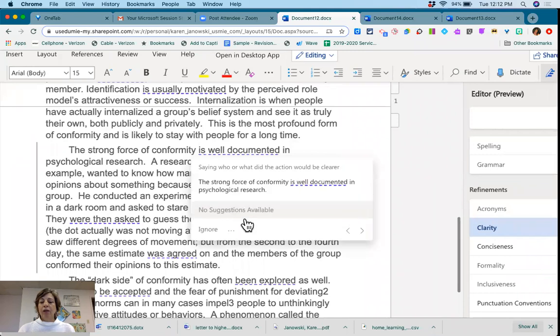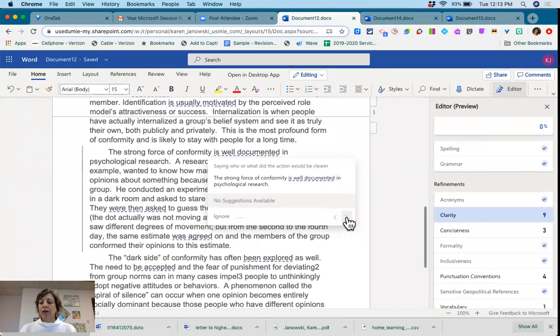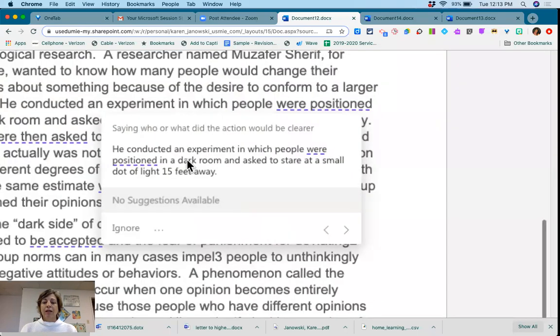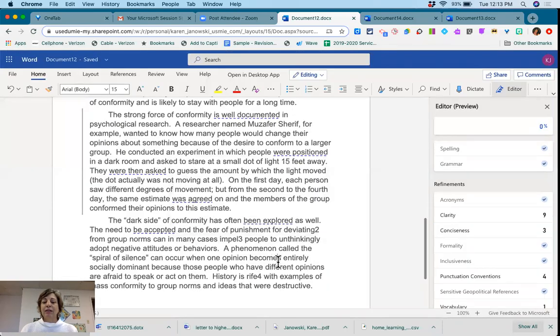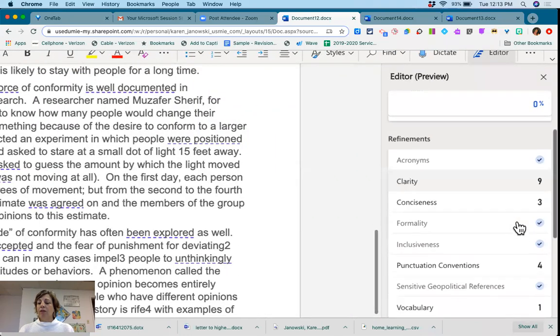If we click on context, it shows the context of something that they are highlighting. The strong force of conformity is well documented. So that's kind of a nice thing. We can go on to the next one. So again, here's the context, but it doesn't have a suggestion in this case. This was something that I didn't write myself, but what I really want you to see is all of these